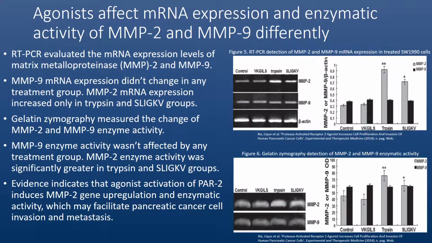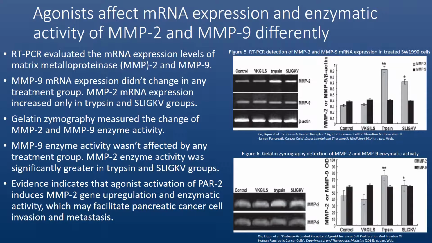The researchers then used gelatin zymography to measure the change of MMP2 and MMP9 enzymatic activity. And gelatin zymography is a method of detecting proteolytic enzymes capable of degrading gelatin, and it is useful for the assessment of MMP2 and MMP9. Figure 6 shows how the agarose gel was stained by the presence of MMP2 or MMP9 after incubation. The optical density of these strips were analyzed and used to generate the bar graphs that compare the enzymatic activity